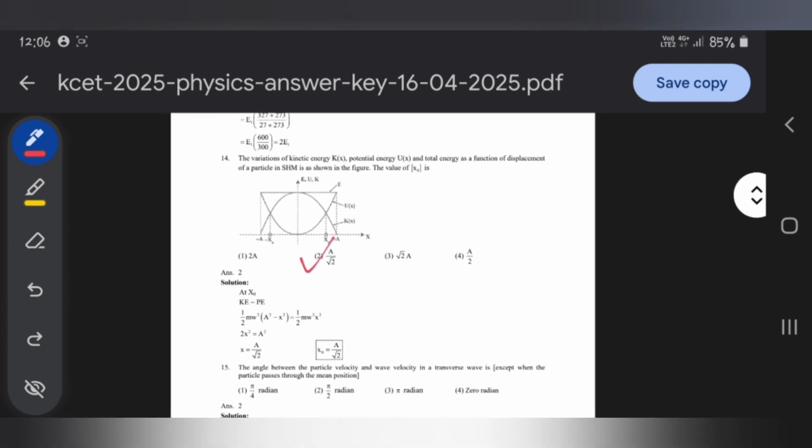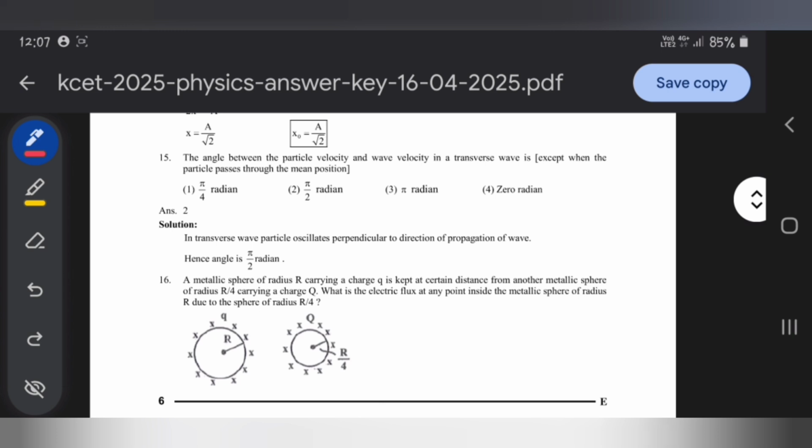Now let's move to the next one. Look here, again basic concept and you're done. What is the concept actually? So look here,